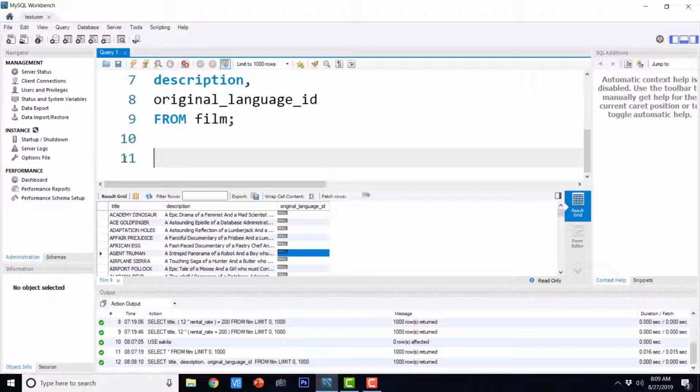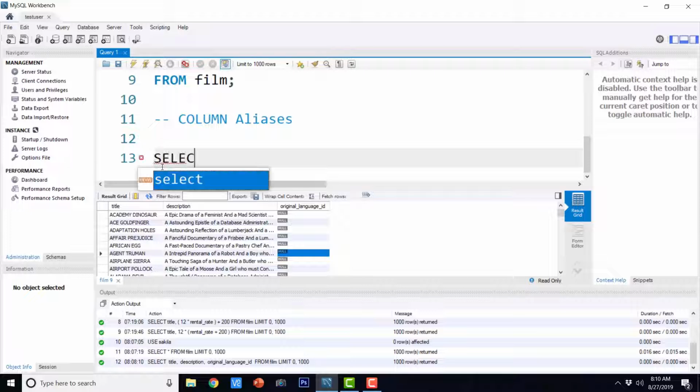Now we are going to see column aliases. Don't worry about noting down the queries, because all these queries are available in the PDF in the downloadable section of this video lecture. Sometimes we need to rename the columns that we are using for the selection operation. It doesn't mean that we are actually renaming the columns in the database itself. We are just renaming how they are displayed. So let us see how we can do that.